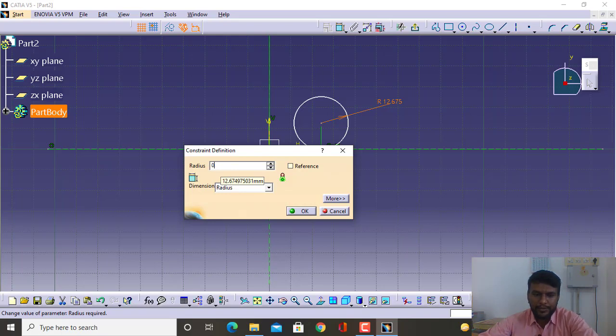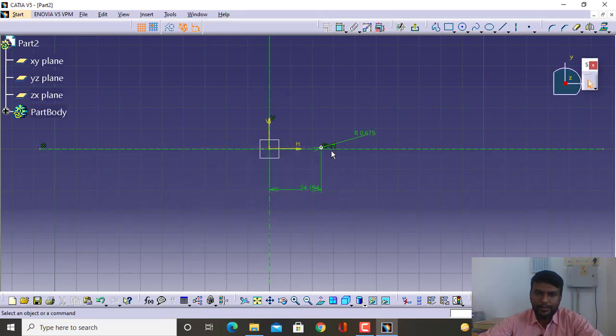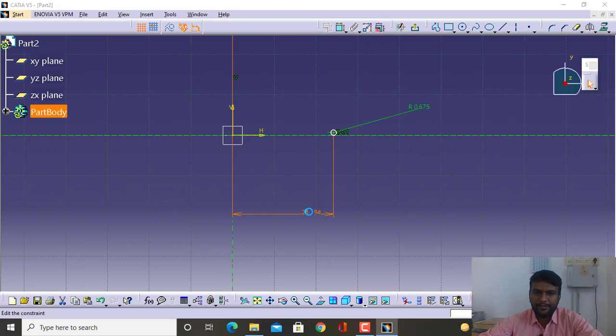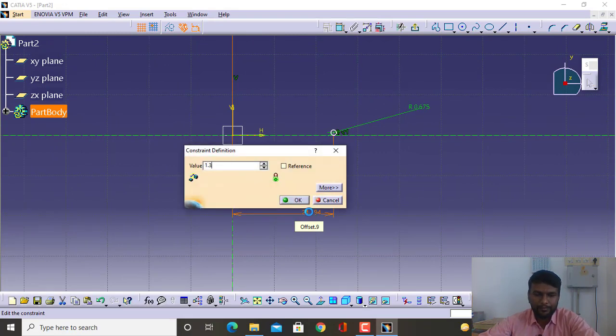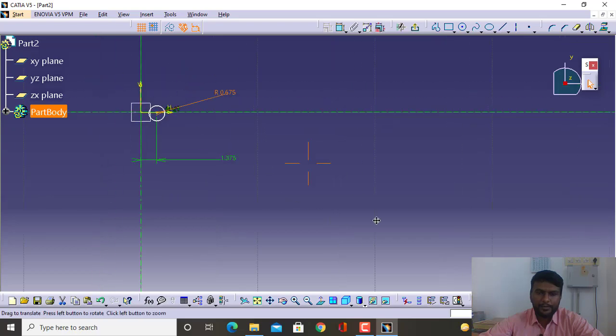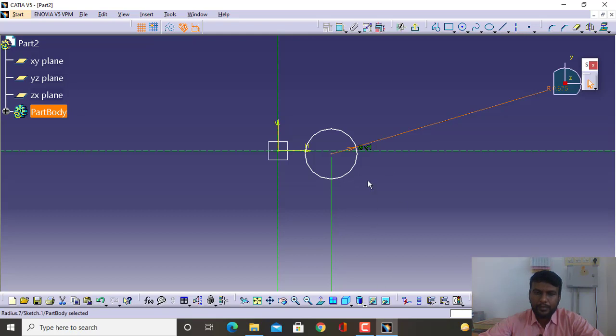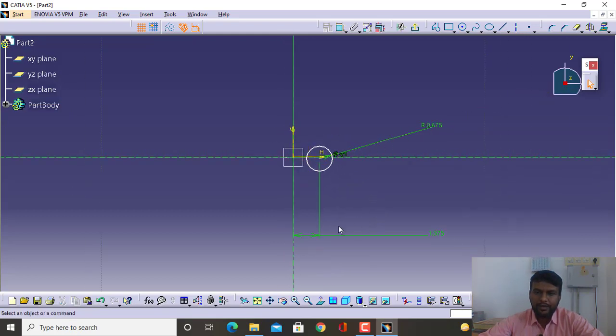Here with this tool you can define the dimension. So here the radius is 6750, and you can change it here. Either you can give it as a radius or the diameter. Once you define this diameter, the next step is to define this dimension. You can move the particular dimension just by selecting the dimension, and zoom in again to see the sketch. The other thing is we have given these dimensions. These are called dimensional constraints, or you can simply call them dimensions.